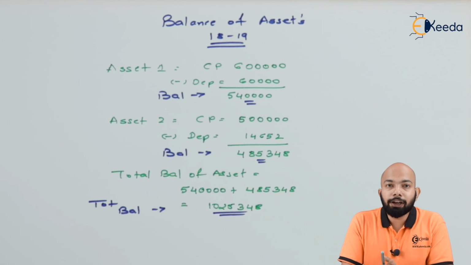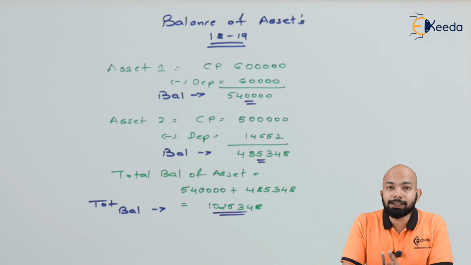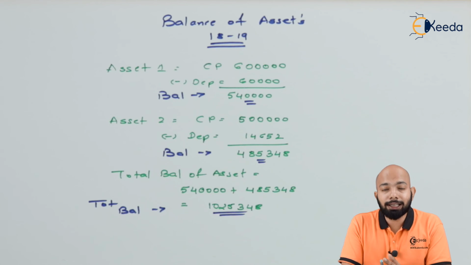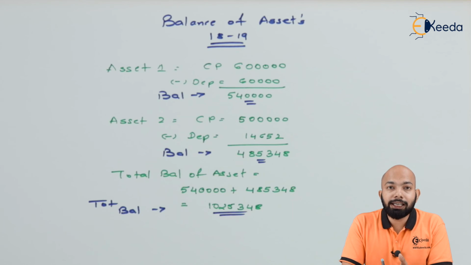So as you can see, we've figured out the balance of all the assets that we have until March 2019. That means 31st March 2019, we have asset 1. The cost price of the asset being 6 lakh, depreciation deducted being 60,000, total value being 5 lakh 40,000 is the value of the asset that is left at the end of the financial year 18-19, that is 31st March 2019. For asset 2, we have the cost price being 5 lakh, the total depreciation being subtracted is 14,652, and the balance that is left is